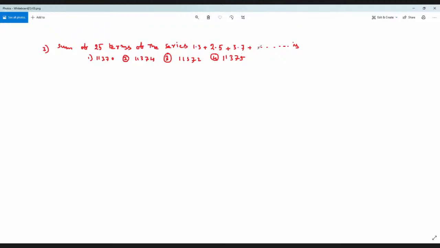What about fourth term? 4 into 9, and so on, up to 25 terms. Then sum of all these terms. So here first we have to verify